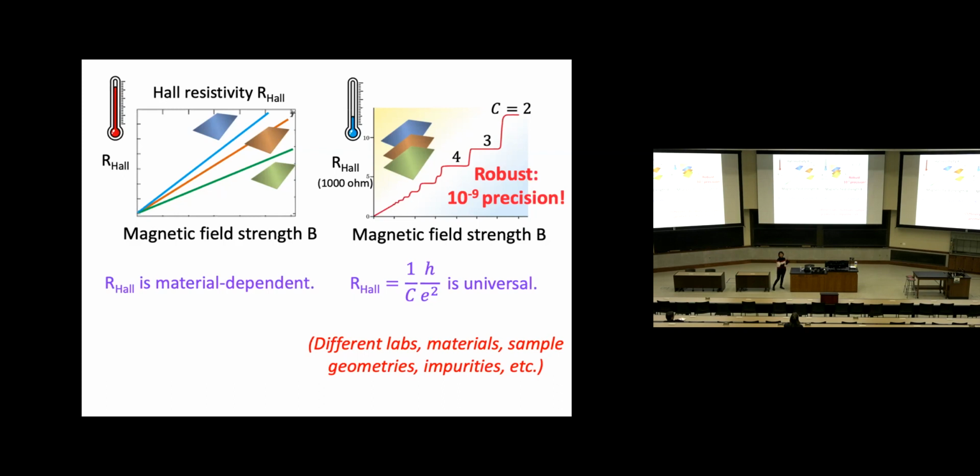So this is the surprising part, at least to me and to many people: you're getting a really universal number. Actually, it's numbers, that is, 1 over some integer times some number. It's so robust that it becomes a new standard unit for resistance. It's replacing the ohm, because labs in different places in the world are all getting the same values. So they are using that as the new unit. That's how robust it is.